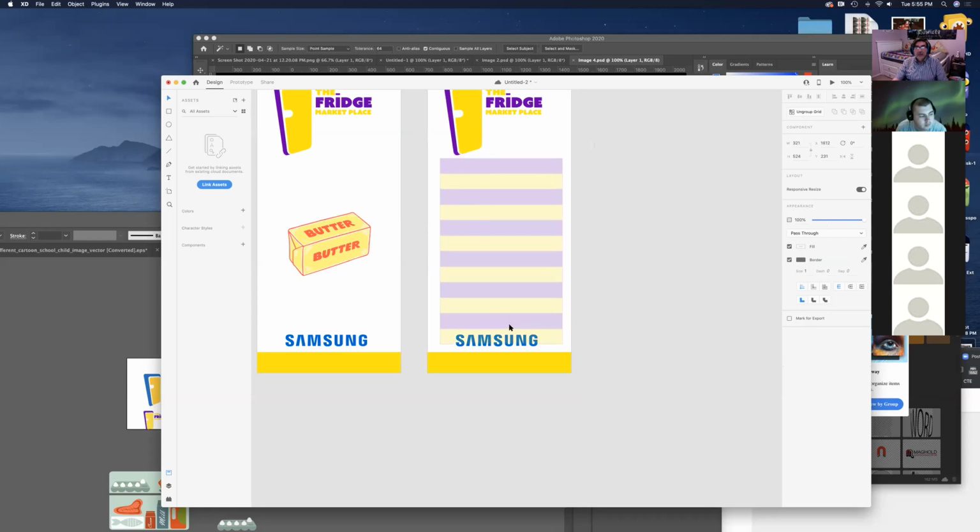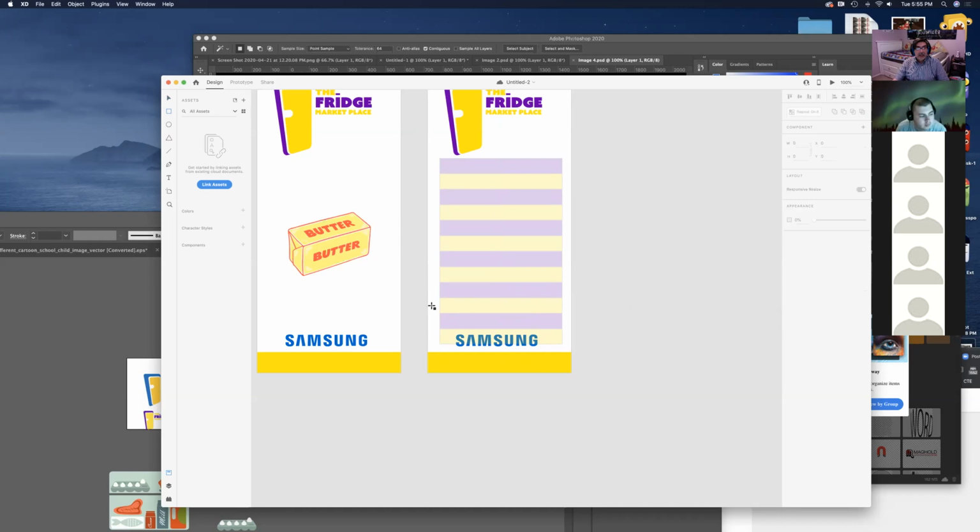Okay, so my list starts over here. And where my Samsung logo is, this list is going to go on top of it. If I bring the logo to the top, that should be fine too, but again, the list is going behind it. So for the solution, at this point, what I'm going to do is to select